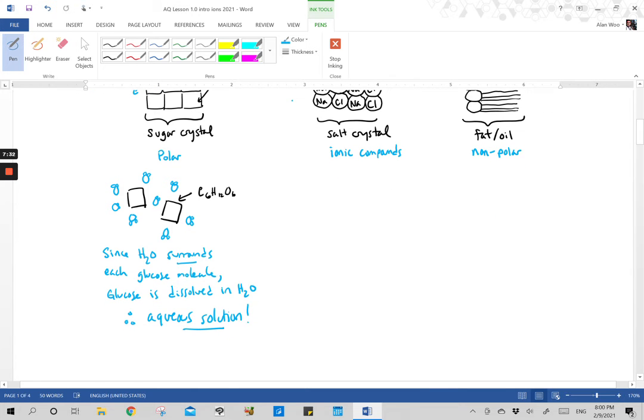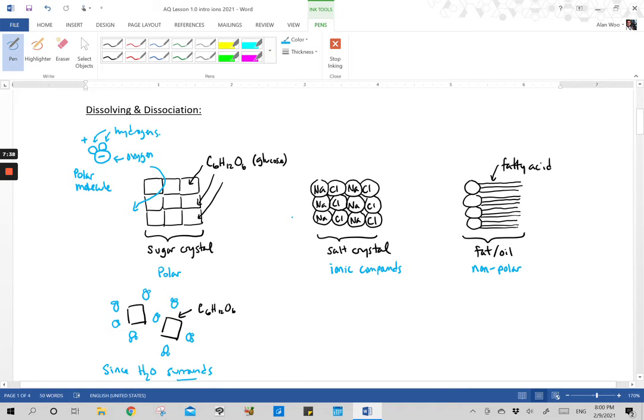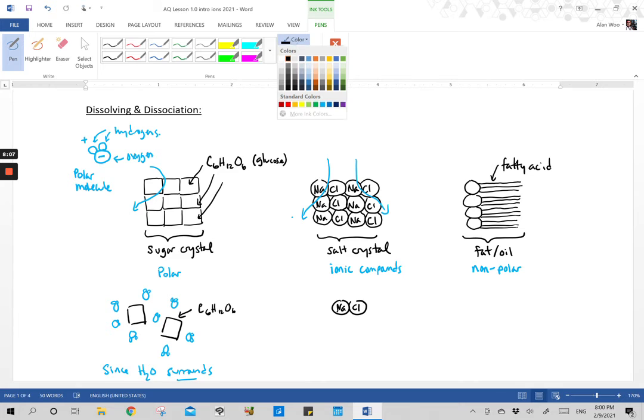Okay, so if we look at what happens with salt, salt also gets separated by water. Okay, so here's another water molecule coming through, and it'll separate them at, again, many different parts of this salt crystal. So if we were to analyze what happens when they split it up, now remember, one salt molecule is NaCl. NaCl is attached together like this. And if we have that water molecule coming in and splitting it up,